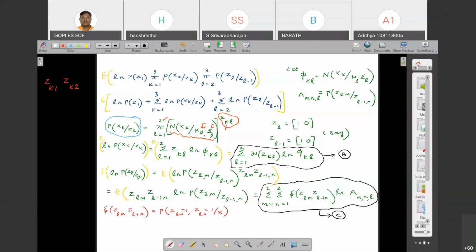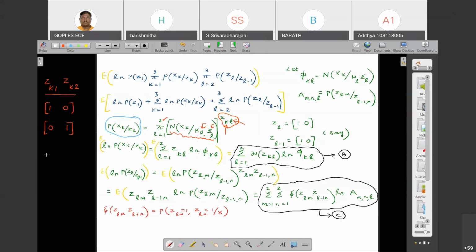K is the kth data getting generated, and the second subscript L indicates that it is going to be either state 1 or state 2. So we have only two choices for it, ZK1, ZK2. But we have the outcome like this, either 1, 0 or it is going to be 0, 1. Only these two are possible. Suppose it is 1, 0, it means that xk is generated with the state 1. If it is 0, 1, xk is getting generated with state 2. So it is just a product. Only one thing will get